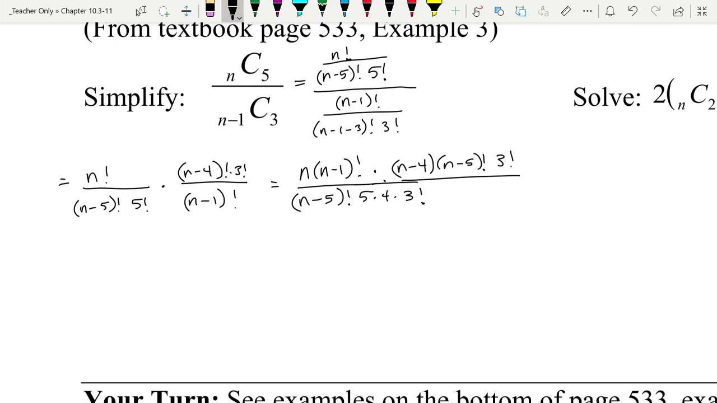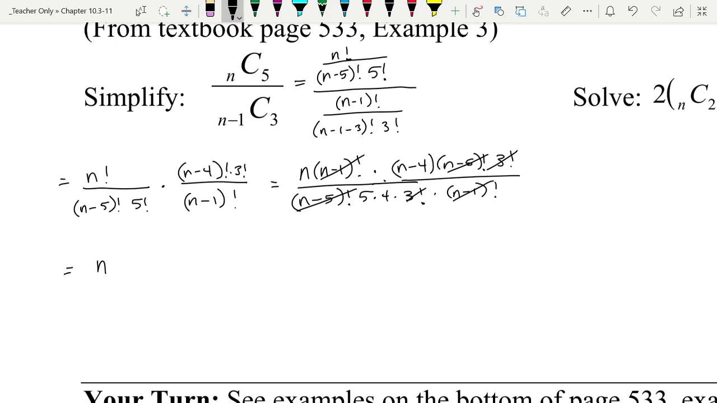Are you okay with me just combining these? I mean, I'm multiplying, right? And then over here I have n minus 1 factorial. And u cancel u, right? Anything divided by itself is 1. U cancel u, and u cancel u. So I am left with